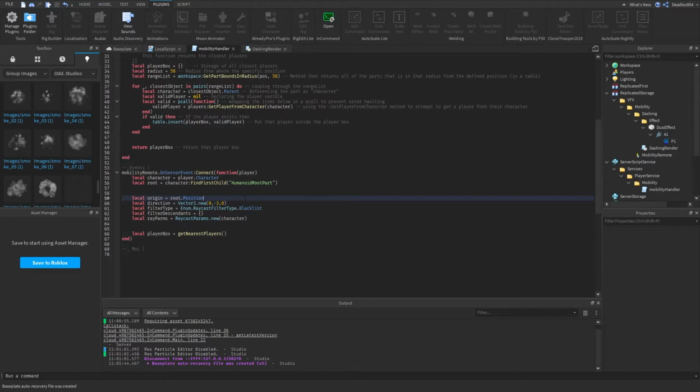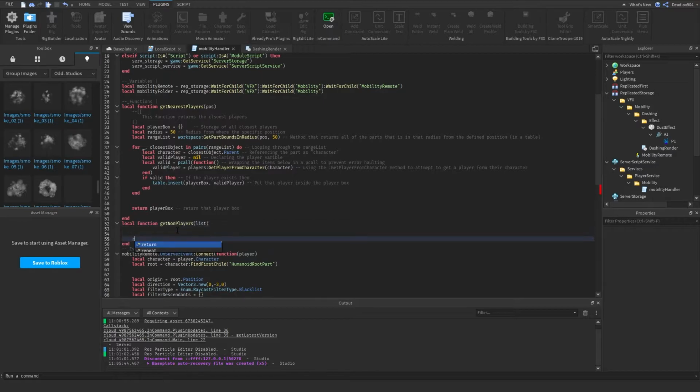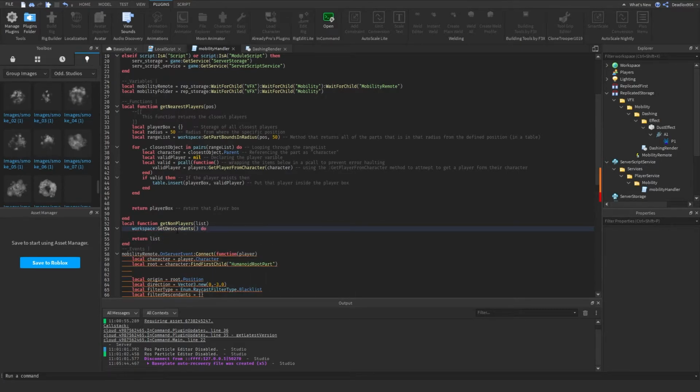And I'm gonna have to make one more function before we can actually create the raycast. So I'm gonna make a function up here. I'm gonna name this local function getNonPlayers. Okay, and then the list, and then we'll return the list at the end. Okay, so we're gonna have workspace:GetDescendants. I typed that so wrong. For object